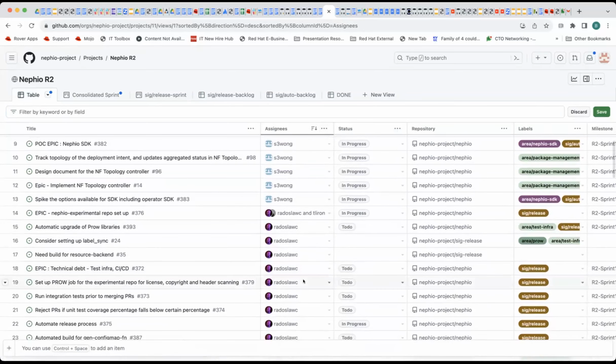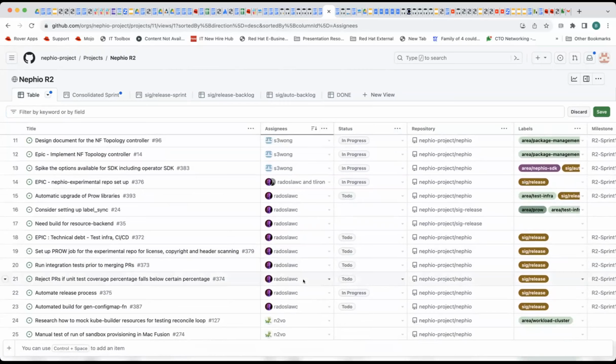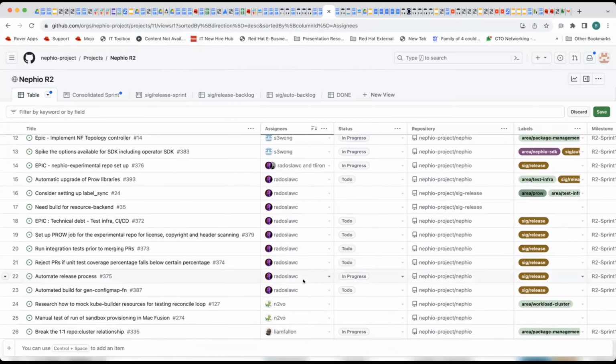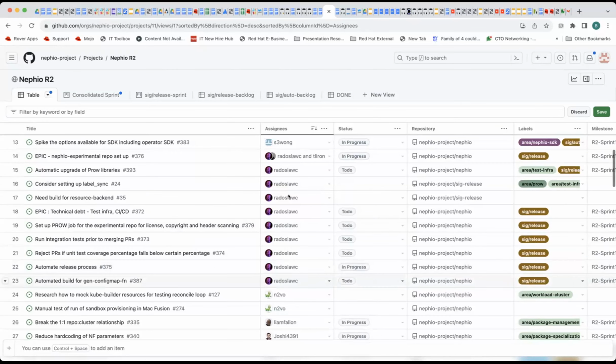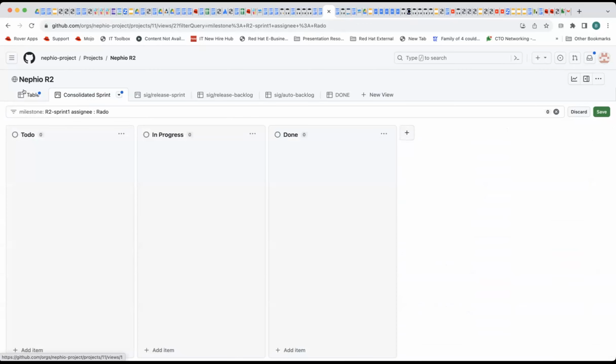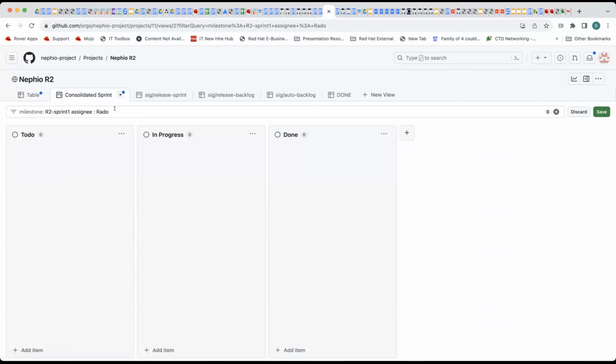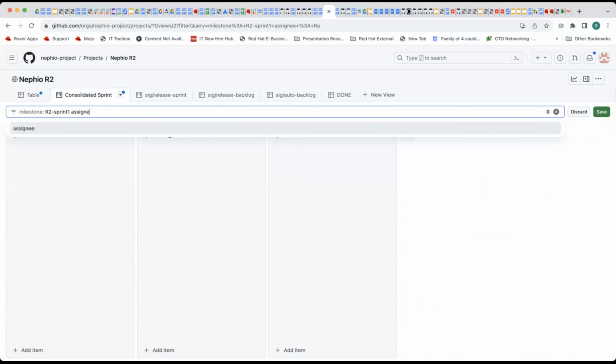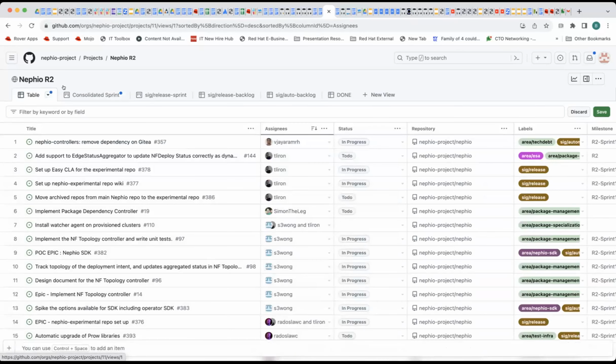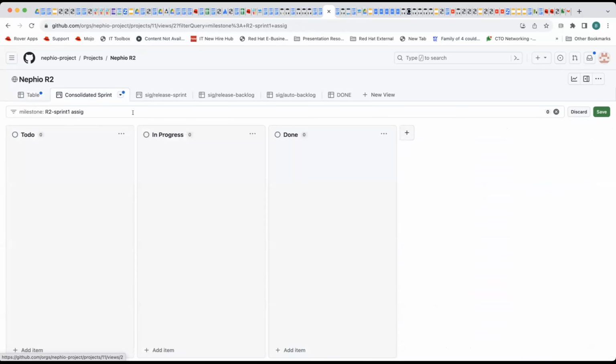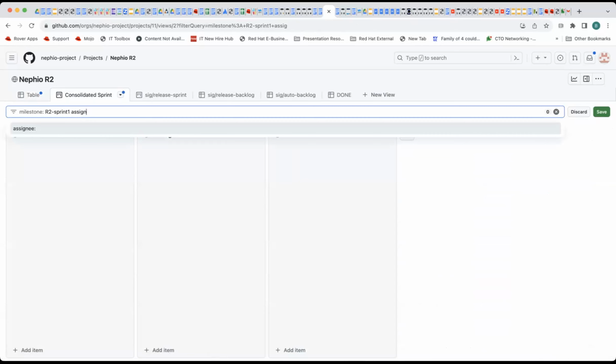Okay. If you put assignee and colon, it will just show you the list that you can click through in consolidated sprint. If you go to the consolidated sprint tab, just start writing assignee, and just click what shows beneath. So just for future reference. Yes, yeah, and you will have like this thing,